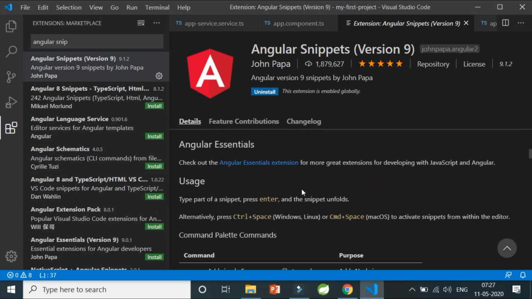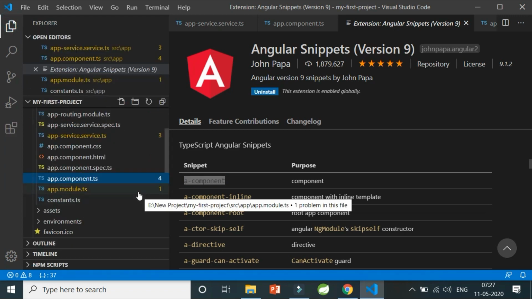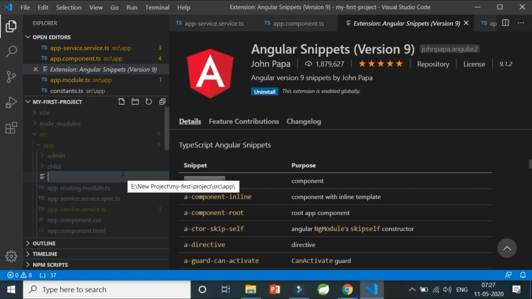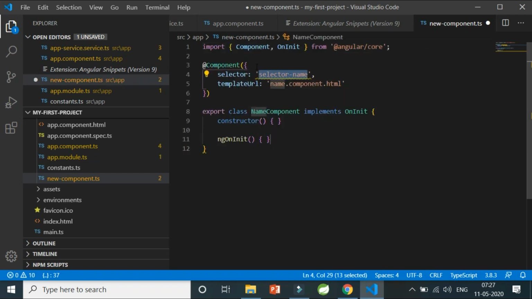This is the description. You can read it here, but see, this is a particular Angular snippet. So a component, how am I going to use this extension? Knowing the extension is good, but how to use it is a very important thing. So I'll show you here how to use it. Say this is my new dash component, and I want this file.ts file to be a component. So I'll just type a dash component and press Control Space and Enter. Can you see, with just typing 3 letters, a-co, and pressing Control Space, the complete component is created for me. So this is the beauty of the Angular extension, which is Angular Snippet.